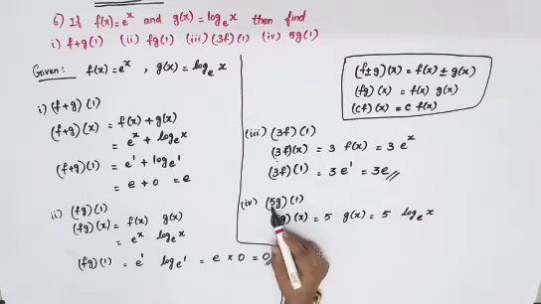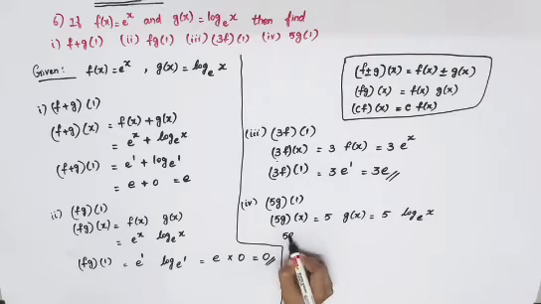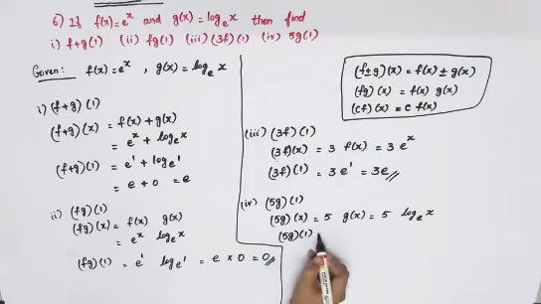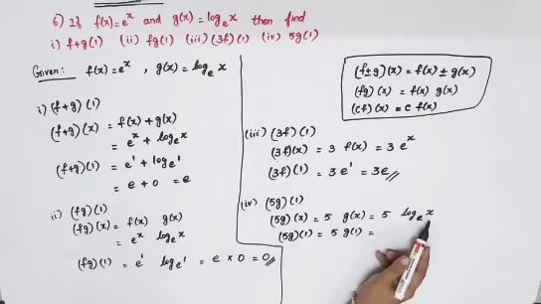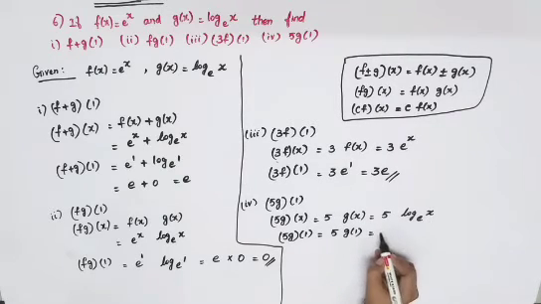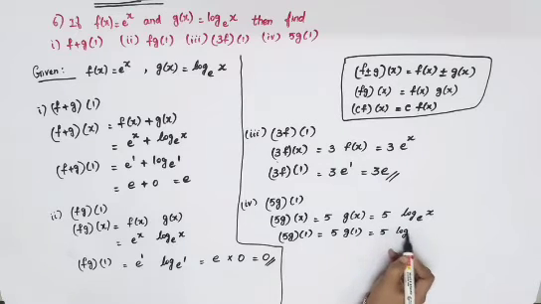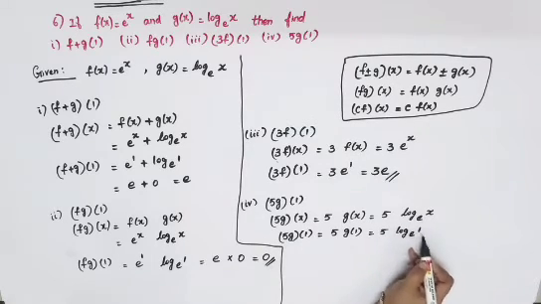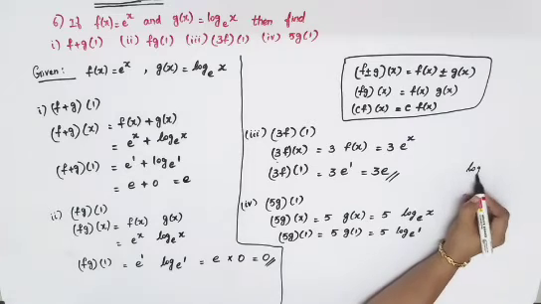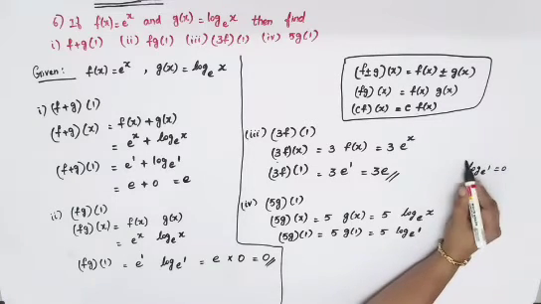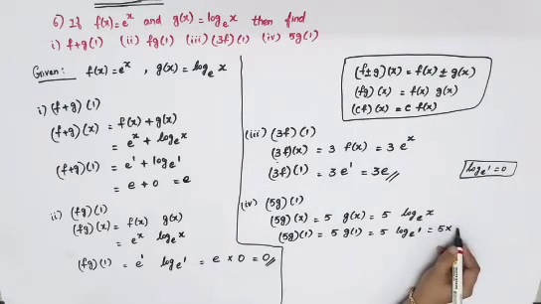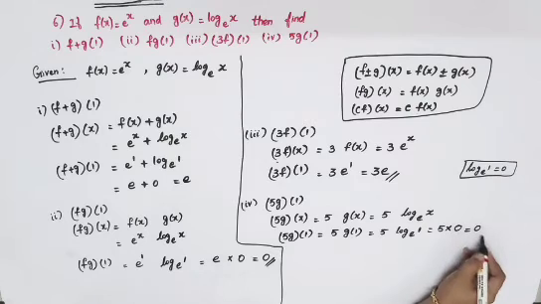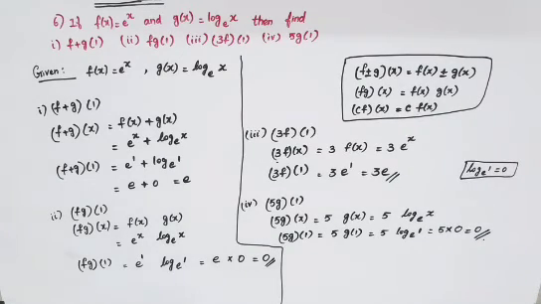Now we will have to find 5g of 1. So 5g of 1 is equal to 5 into g of 1. Straight away you can substitute 1 in the place of x. So 5 into log 1 to the base e. Log 1 you all know the answer: log 1 to the base e is equal to 0. So you can use this value, which is equal to 5 into 0, which is equal to 0. So this is the answer for your fourth subdivision. Altogether this is the answer for your sixth question.